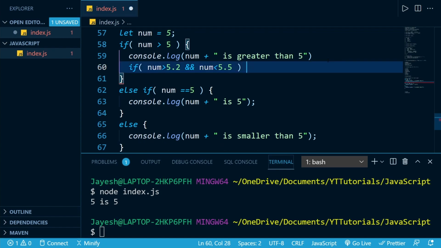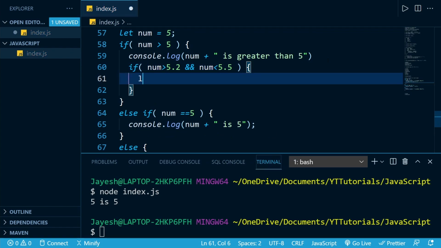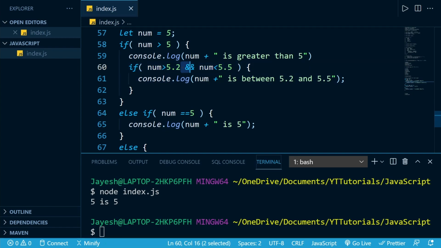So now we can add curly braces here, and we can log something like num is between 5.2 and 5.5. This AND returns true if both the conditions are true, and it returns false if either one of them is false.